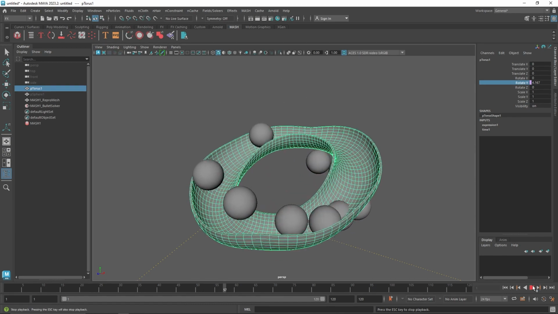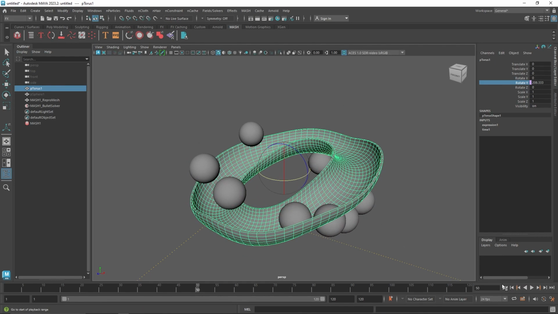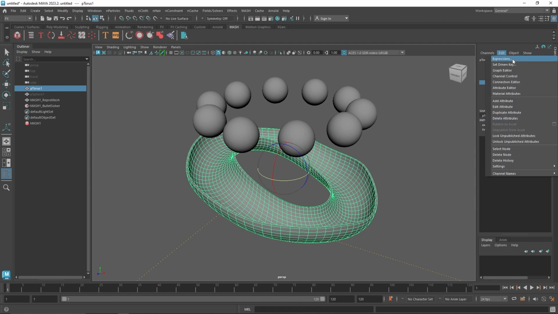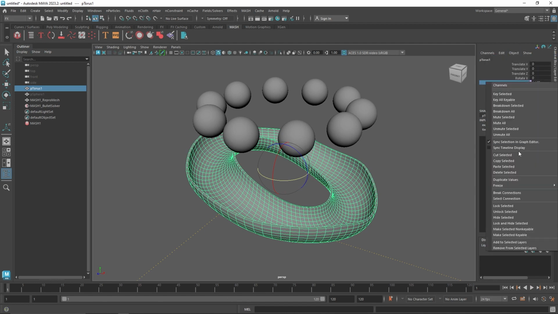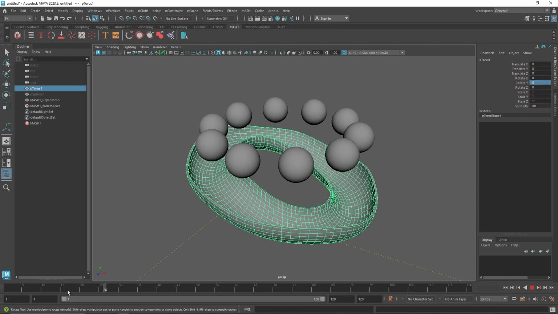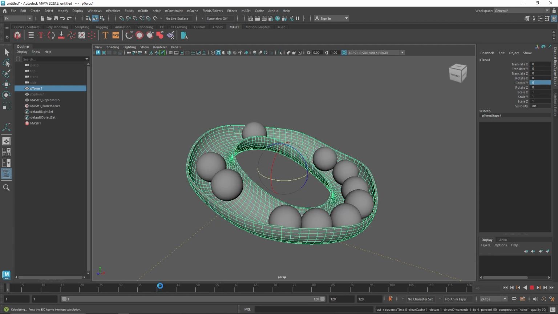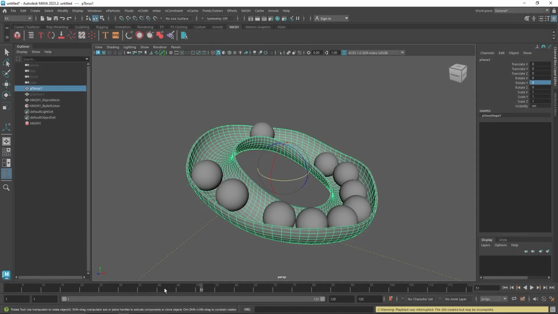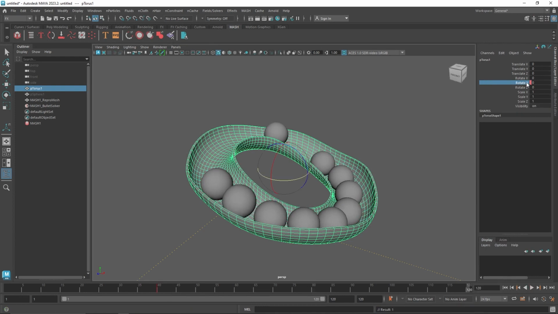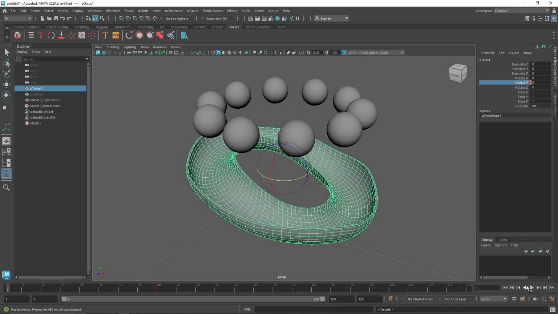All right, and now you'll notice that the objects are not interacting with our torus at all. So I'm just going to quickly select this and break the connection, and zero this out. Let's say these spheres are falling somewhere around 40. I'm gonna right click, oh sorry, my bad, I've created a playblast by mistake again, and key selected, go to somewhere like 120 and give it a 90 and key selected again. So if I play this now,